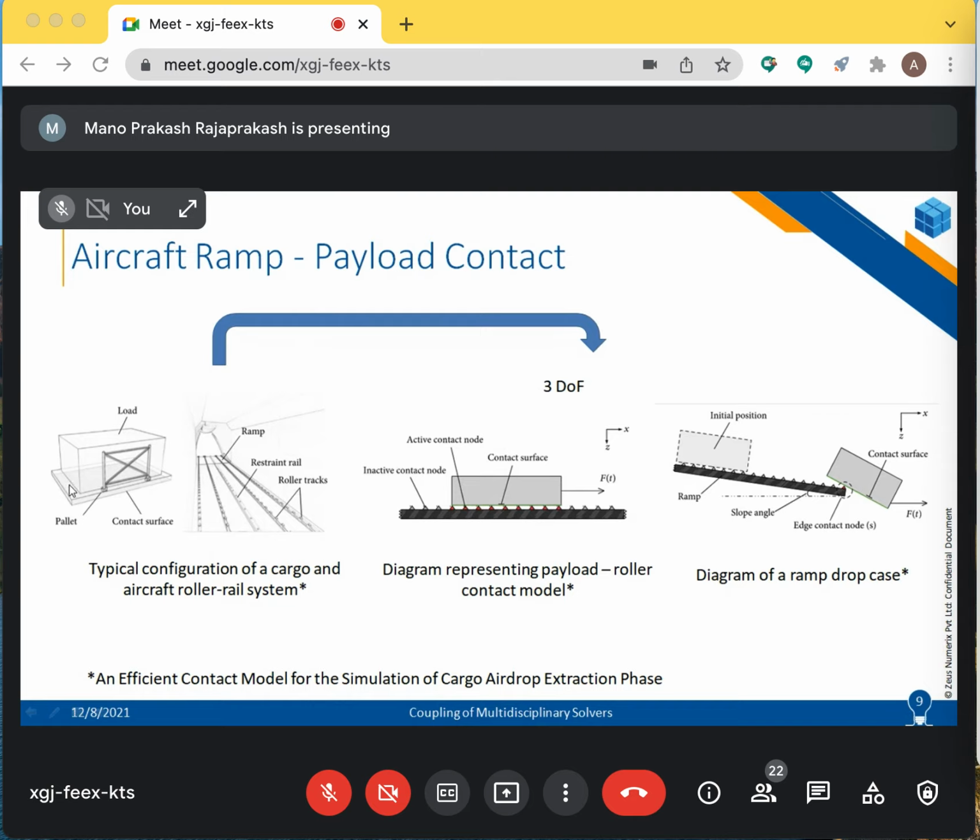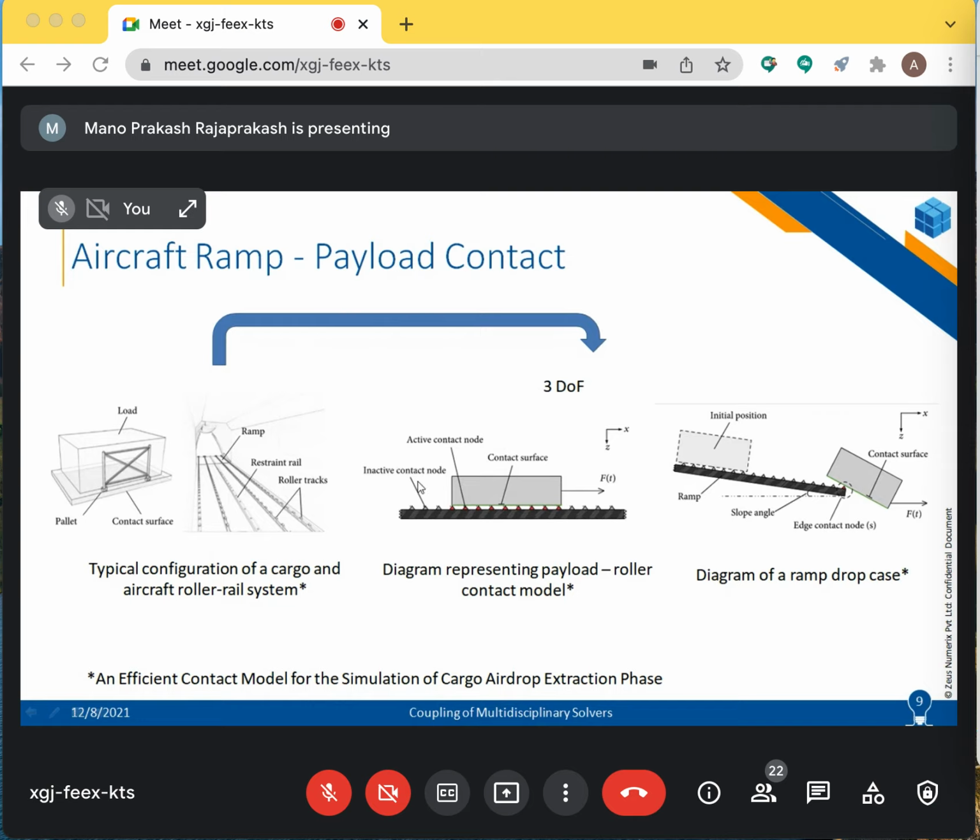In a similar manner, we can also represent the ramp using one single center line of the ramp. So the payload and the ramp contact geometry can be one single line, discretized, meaning that as you see here, the ramp can have discrete points. Its line can be represented that way, and the contact surface can also be defined in that manner.